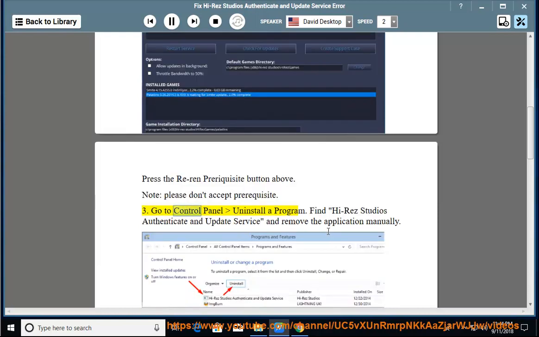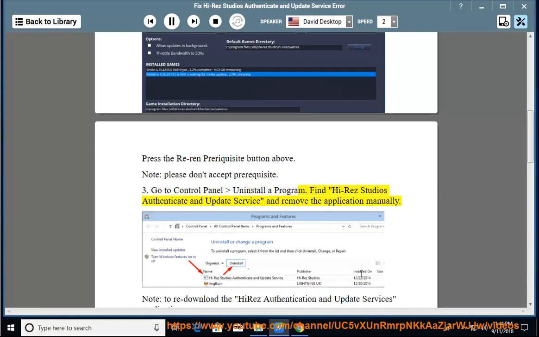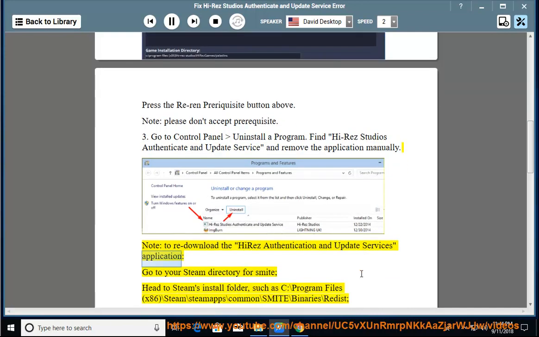3. Go to Control Panel, Uninstall a program. Find Hi-Rez Studios Authenticate and Update Service and remove the application manually. Note, to re-download the Hi-Rez Authentication and Update Service application, go to your Steam directory for Smite, head to Steam's